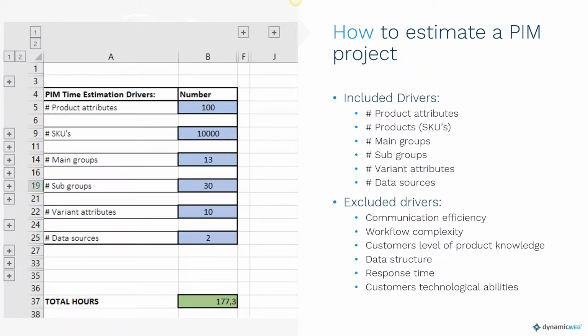So from a PIM perspective, what would be optimal would be to have one or two highly available contact persons who would have decision-making authority and, more importantly, a good understanding of the product portfolio and the work processes in the organization, the workflows of the company, as well as a deeper understanding of some of the logic behind the data and how it's structured. And I know that these are high expectations, so it's just from a perspective of what would be optimal. So let's try to take a look at the tool